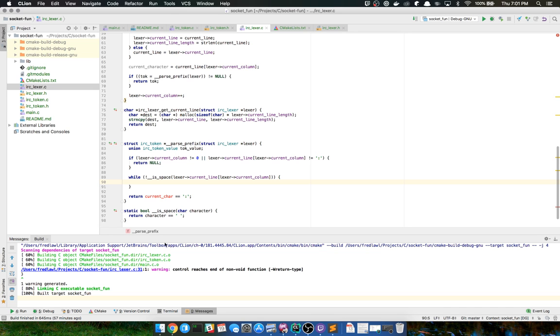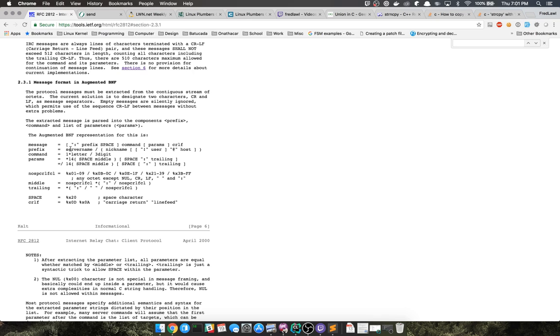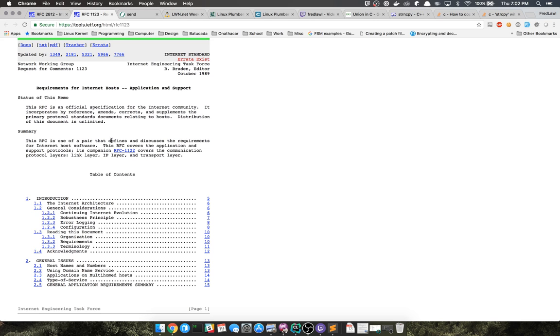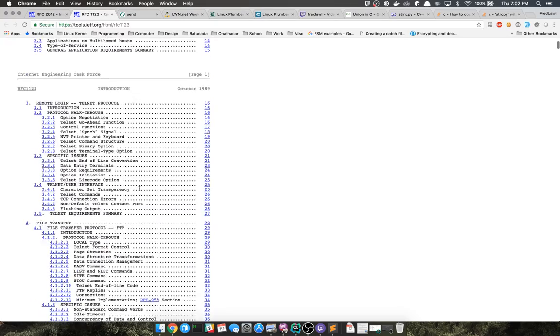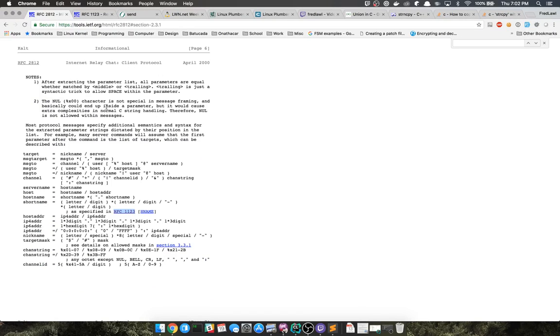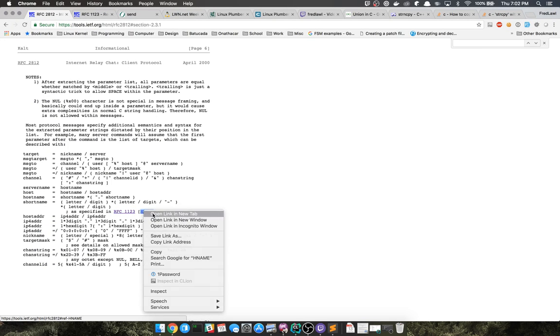I don't think the prefix is allowed to contain any spaces. So server name, nickname, user, host. Server name says host name. Host name cannot have a space in it. Yeah, I don't care to read through this RFC, but I wonder if this is like a quick link here.